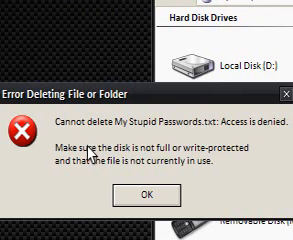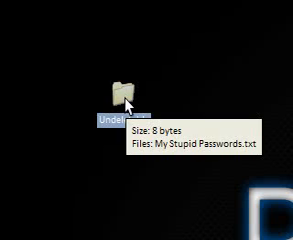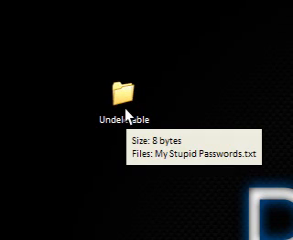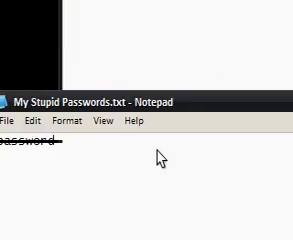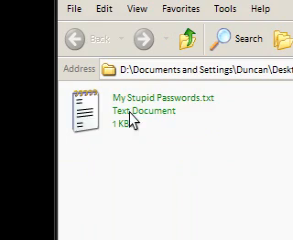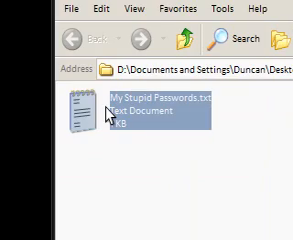Access is denied. Please make sure the disk is not blah blah blah. So I've actually just denied myself access to my own folder. Well, not completely. I've denied myself access to delete my own folder. If I go back into my stupid passwords and type another one in, password 2, save it, it's actually changed the file. So don't think that you haven't got any access to your file. You just basically can't delete it. It's undeletable,